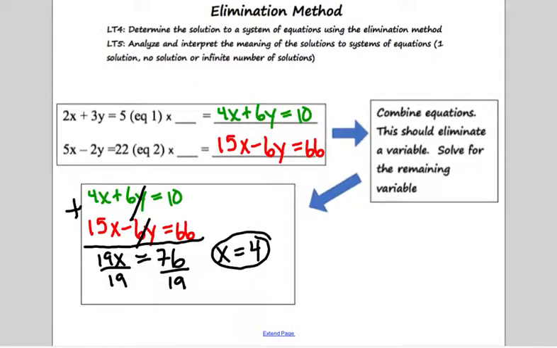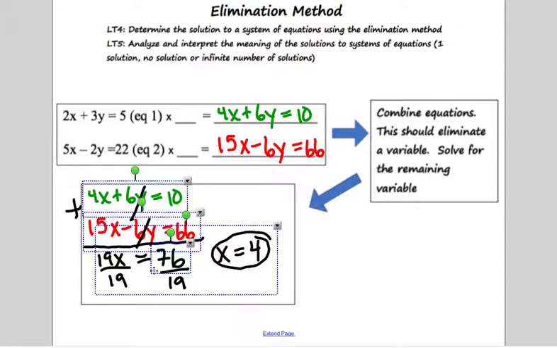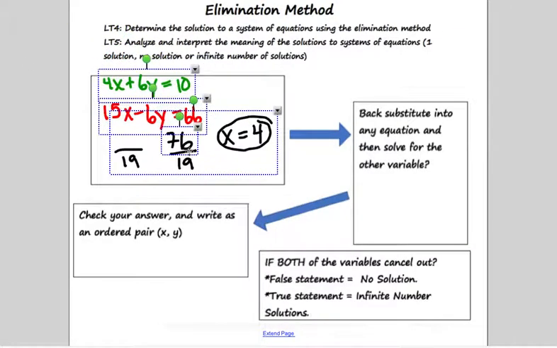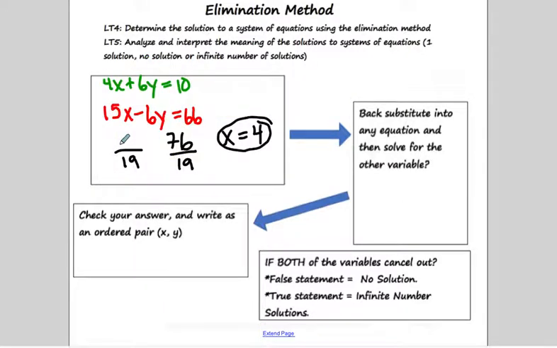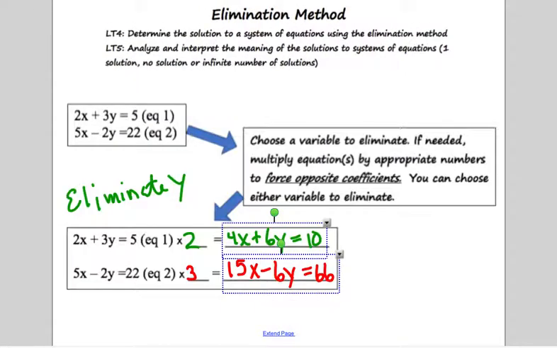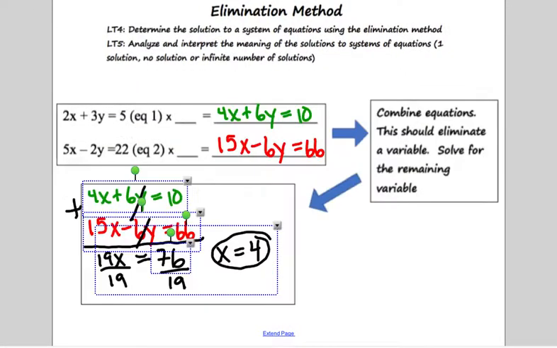Let me actually just copy this whole thing. All right, so now we're going to back substitute. Now, to back substitute, we're going to go back to one of our original equations, or we could use these equations. So if we go back to our original equation, 2x plus 3y equals 5,